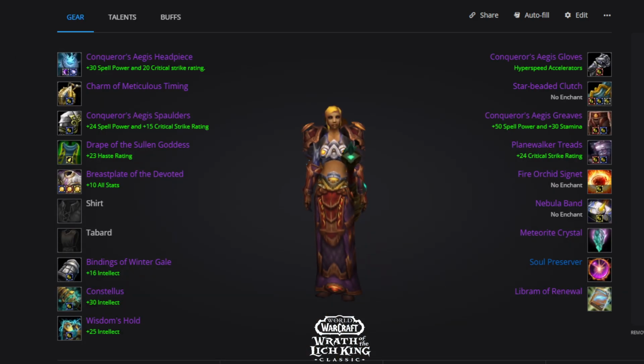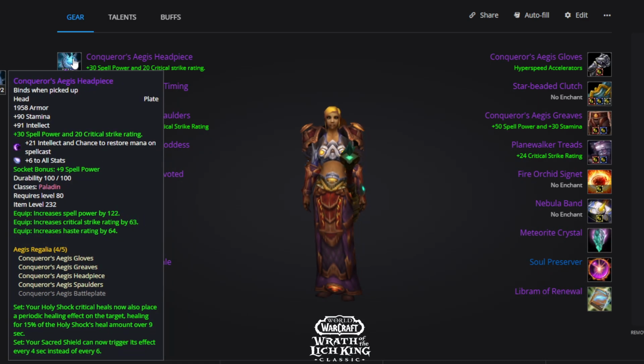And this first setup, we are running 4-piece T8. Now let's quickly look at 4-piece T8. It says your Sacred Shield can now trigger its effect every 4 seconds instead of every 6. So this is a very strong set bonus, but you don't actually need to run this set bonus if you